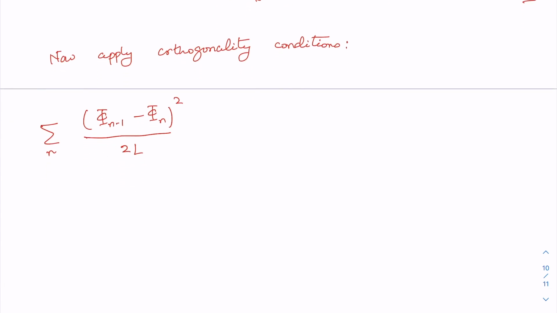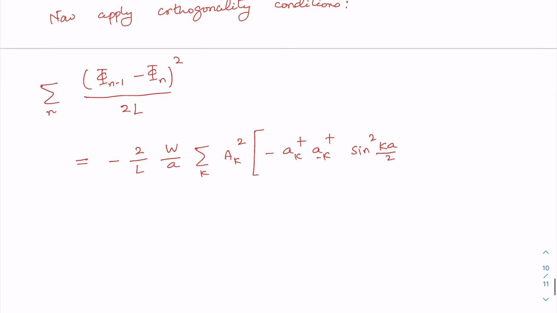So you will get minus 2 by L, W by a, sum over k ak square, and here I will have minus ak dagger minus a minus k dagger, sine square ka by 2